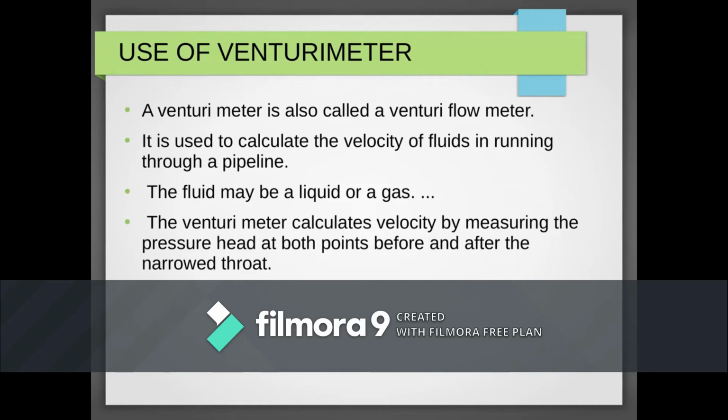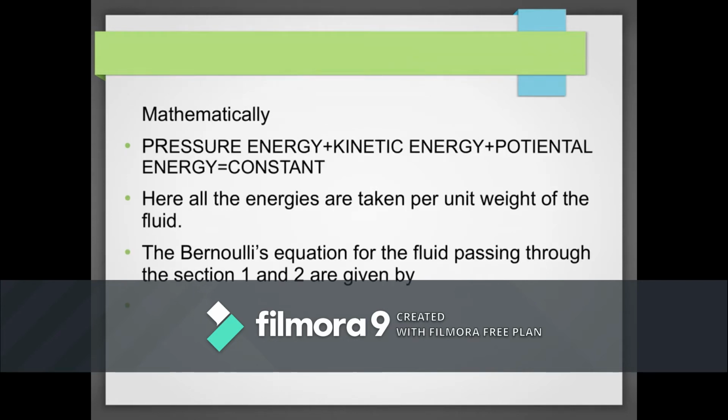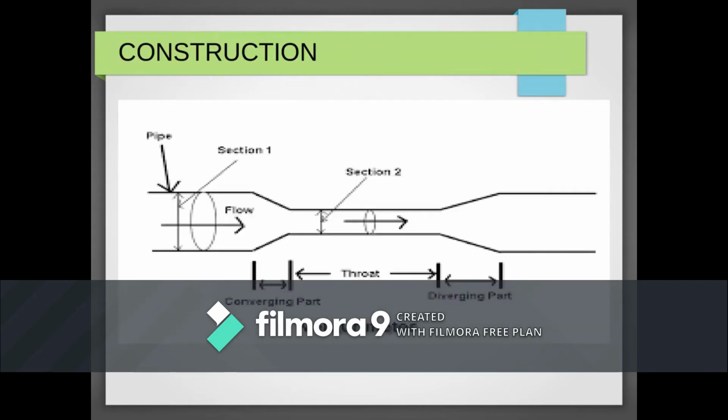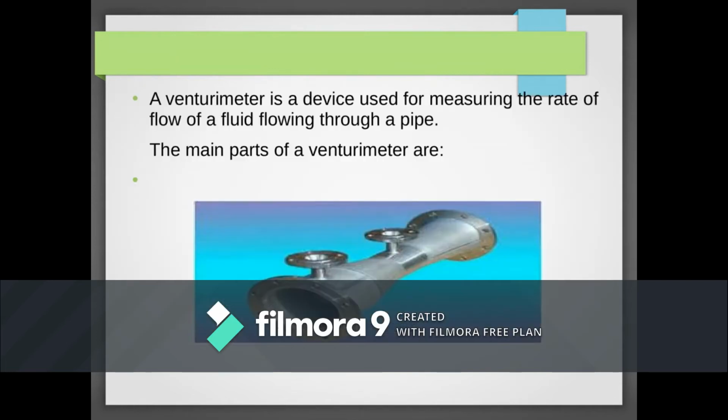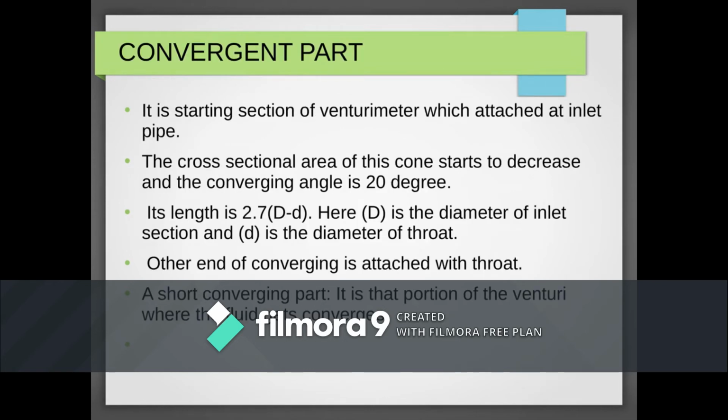The upstream of the pipe, or the inlet of the pipe, converges to the throat, the throat having a constant diameter. The diameter of the throat is usually half the diameter of the pipe. Then it is connected to the divergent section. You can see the length of the divergent section is a little bit bigger than the convergent part. Okay, so here this venturimeter is connected to a pipe whose rate of flow we need to determine.